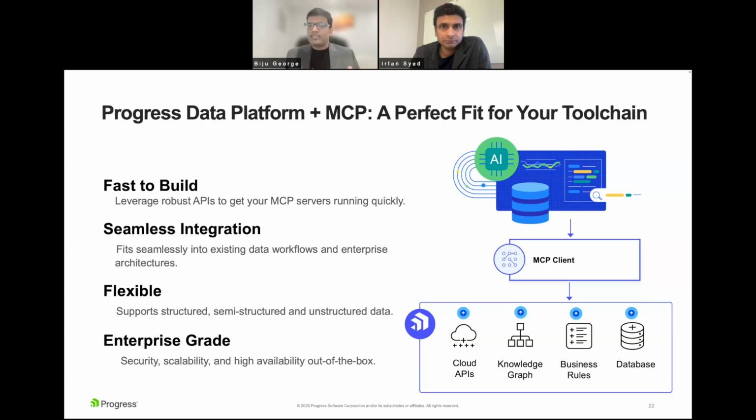Okay, so basically what they could achieve is they were able to build the servers fast. It seamlessly integrated with their existing data workflows, because for completing a use case story, they had to move out to take third-party data as well, and that could also integrate with the agentic workflow. So most of the data is in MarkLogic, but a small data enrichment needs to be done by calling a third-party service. So that could be integrated easily. And that proved that it is very, very flexible, and it can support multiple data types, and they enabled an enterprise-grade application very soon.